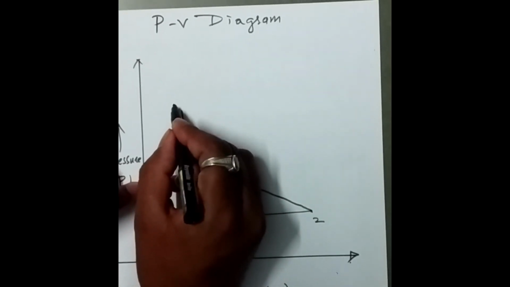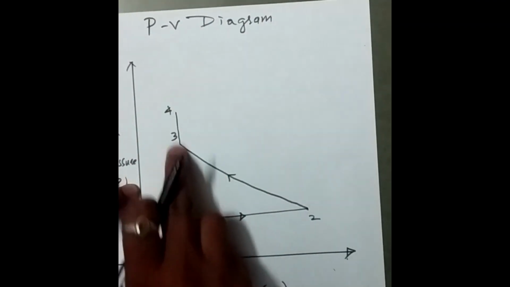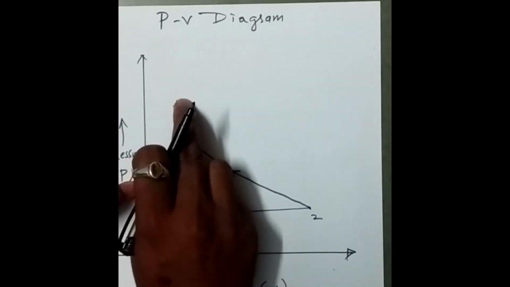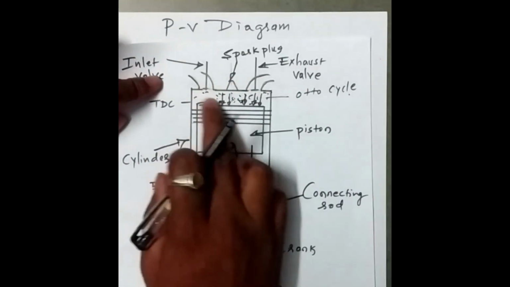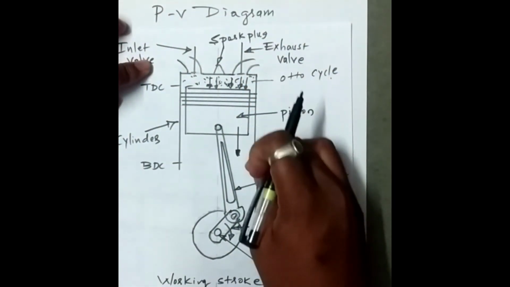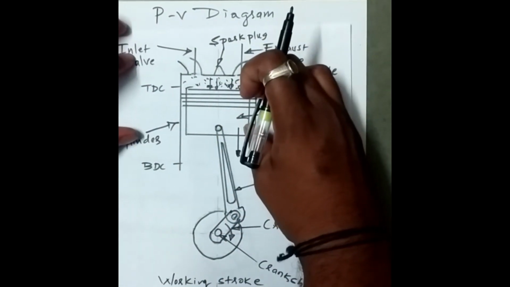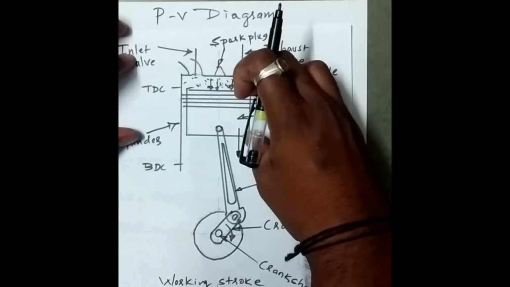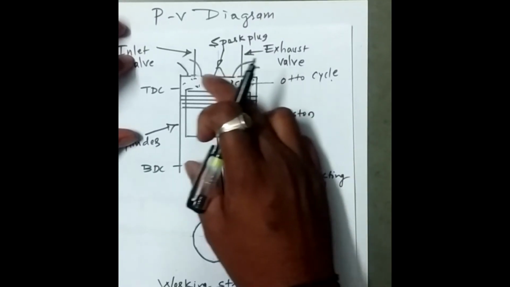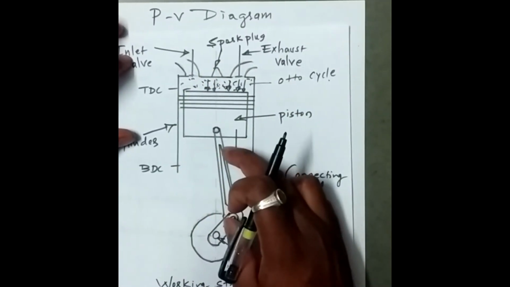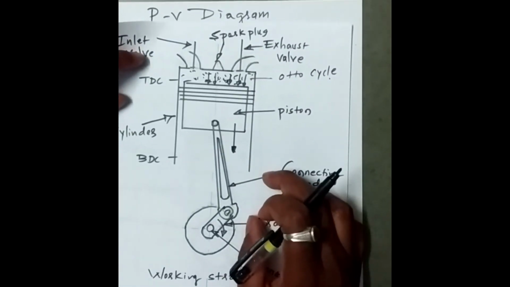So 3 to 4 represents constant volume. We have a constant volume combustion process. So 3 to 4 is the combustion process. Now afterwards, when the combustion has begun, it pushes the piston to move downward. So the piston moves from TDC to BDC and expansion is going to happen now. When the piston moves from TDC to BDC, the volume inside the cylinder increases, and as volume increases, of course the pressure has to decrease. So I'm going to show it here.